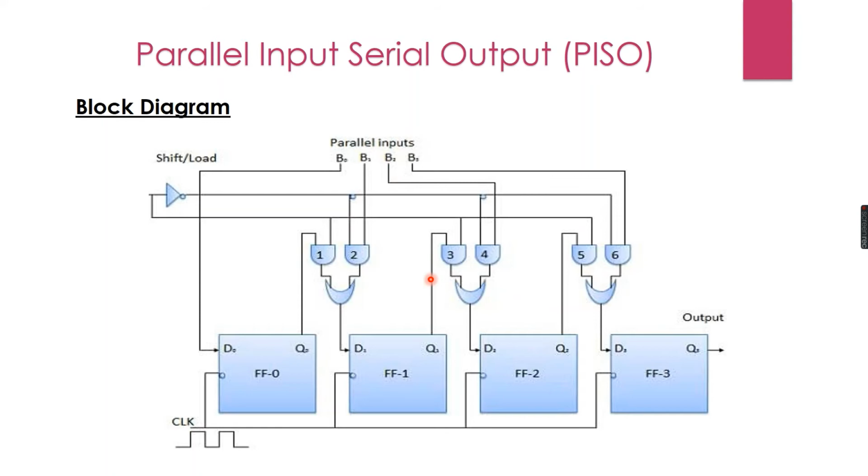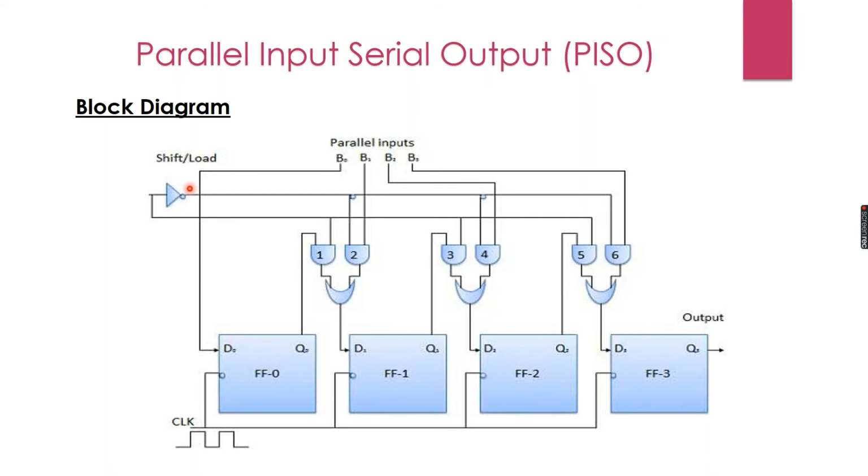and we are getting B1, B2 and B3 as input here. So we will get these inputs here, B1 here and B2 here and B3 below this 6 gate, and this is the OR gate. So 0 and B1, we will get input as B1 here, and D1 will get input as B1. Similarly D2 will get B2 input and D3 will get B3 input, and D0 is already getting B0 as input. So now we have already loaded the data in parallel fashion with the help of load mode,